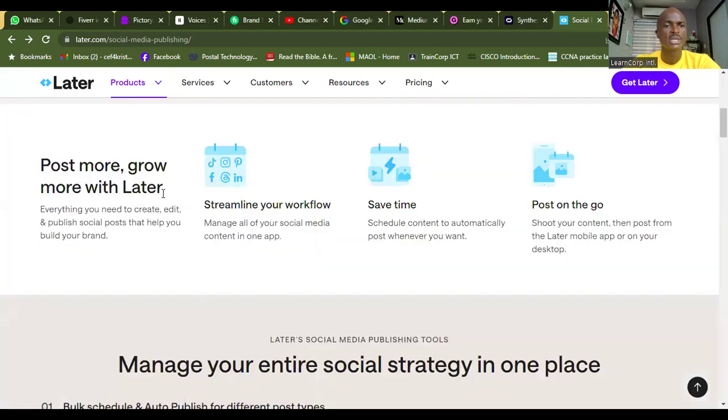Post more, grow more with Later. Streamline your workflow, manage all your social media content. It saves you time because it schedules your content and automatically posts it whenever you want. You can post on the go, you can shoot your content, then post it later.